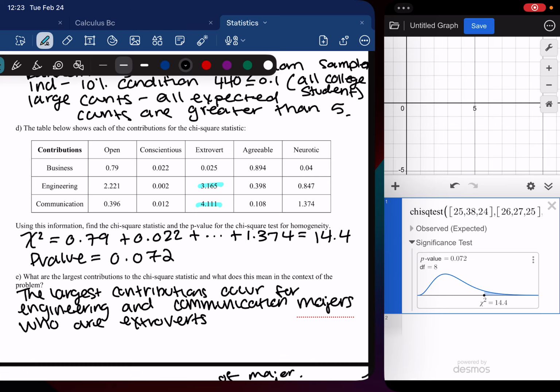Okay, comparing just between those two numbers, which one had the highest, the communication or the engineering majors? The communication majors. So we're going to say that more